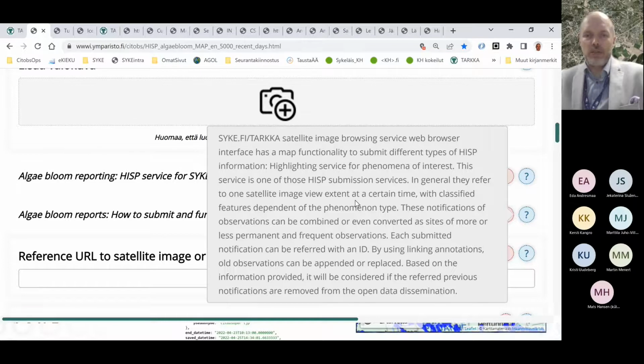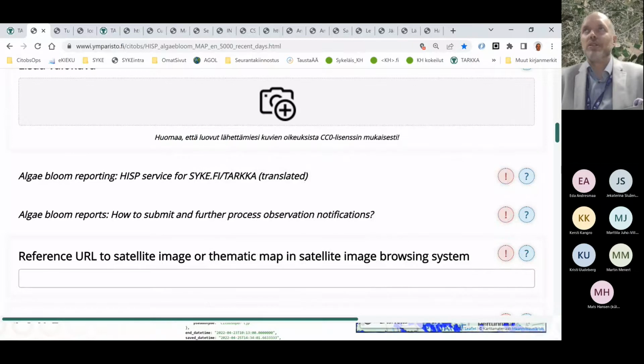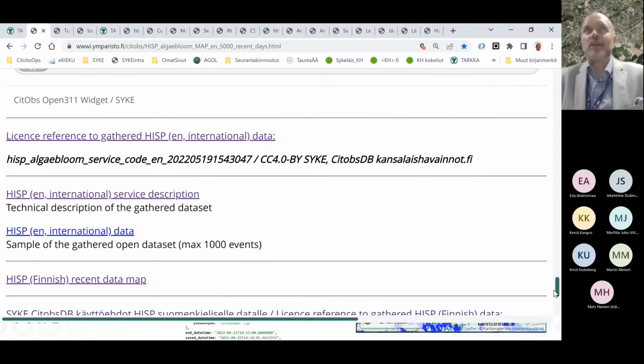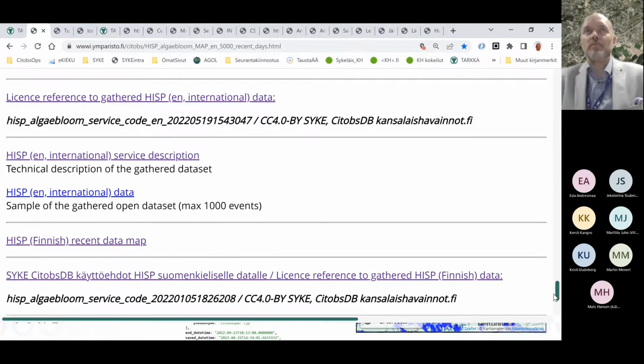In later stages, we could do the translation into Estonian for the Estonian users, and then there could be more instructions provided for the services and so on. And we could combine this into the next versions of Tarkka, etc. But as you may know, Tarkka will have a next generation of user interface coming up, I think during this year. I'm not actually quite sure of the latest information on the release schedule, but